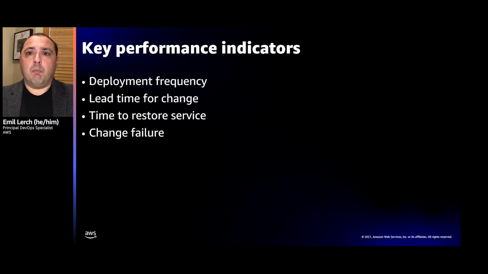Lastly, change failure. I mentioned that Kate might make a mistake and introduce a bug, or another member of her team might introduce a bug. We obviously want to minimize that change to the extent that we can. That's going to rely on a lot of automated testing and additional things that we can do in the pipeline, things like security scanning that are going to minimize the amount of change failure that we see within the system.